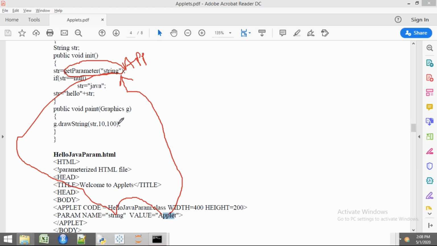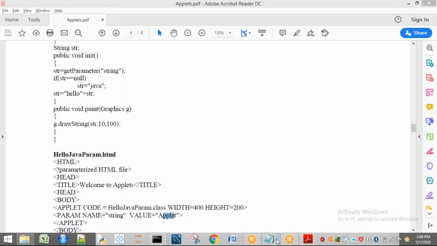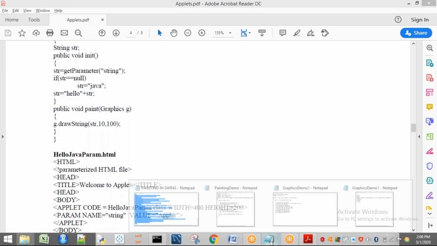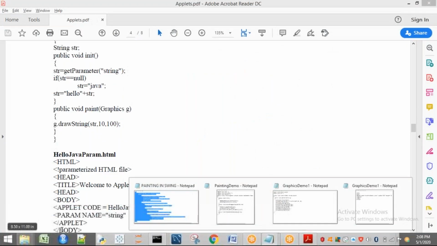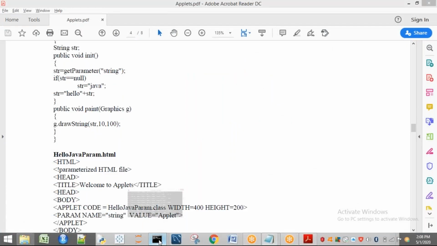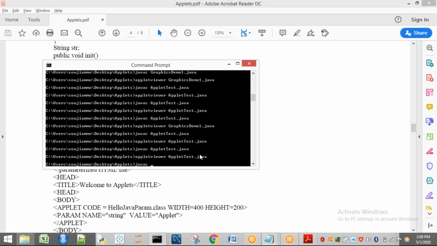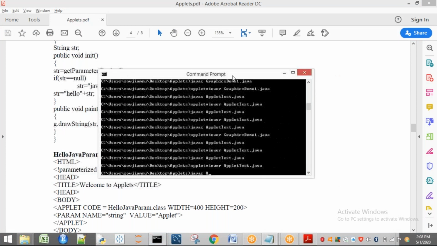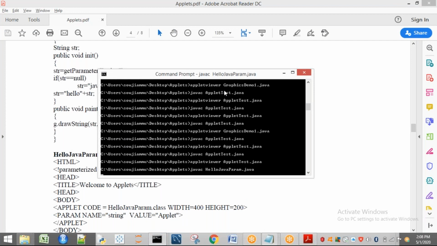Okay. Now see, I will execute this program so that you can observe clearly. So here I have taken HTML also. Don't worry. The name of this program is Hello Param. So javac HelloParam.java.